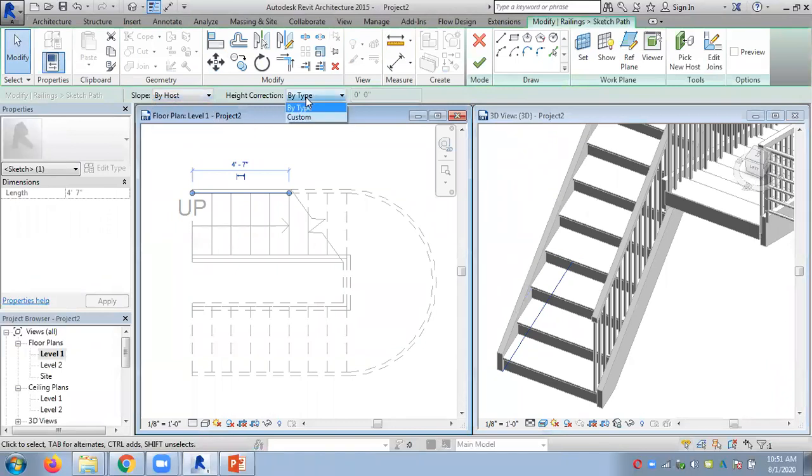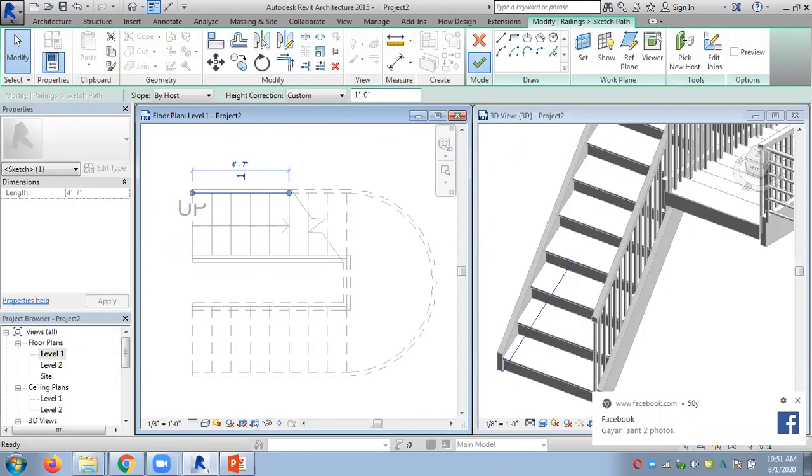And here it says there's a height correction, custom, or by type. The by type height is the original height here, it will maintain the railing height. But if you try to have a custom height and have say 1 feet, what will happen here is it will increase the original height by 1 foot. So press OK, you will see the difference immediately.